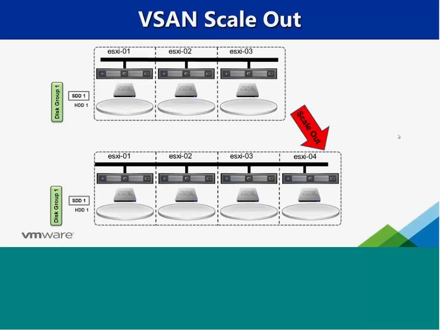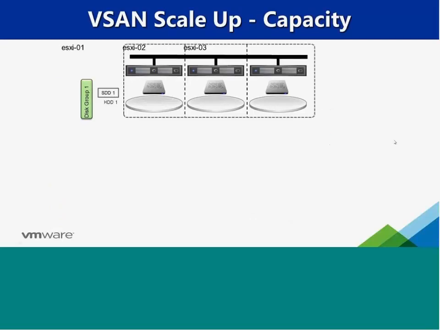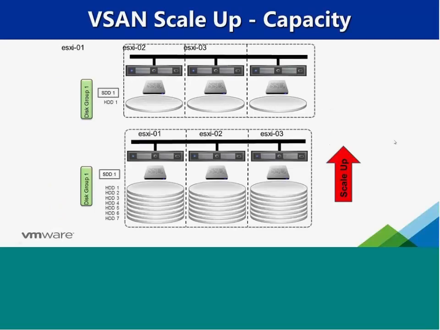Because of the resilience and the fact that it's cluster based, you're able to recommend this as a solution rather than going out and buying hardware. Okay, now it makes perfect sense. Exactly, and you're avoiding vendor lock-in. You're able to scale out and scale up, as she mentioned on the other slide here. You can add up to 7 HDDs per host, up to a maximum of 32 hosts, 32 nodes they'll call it. So you imagine 32 nodes with at least one SSD each and another 7 HDDs, and you've got like 2 million IOPS potential.